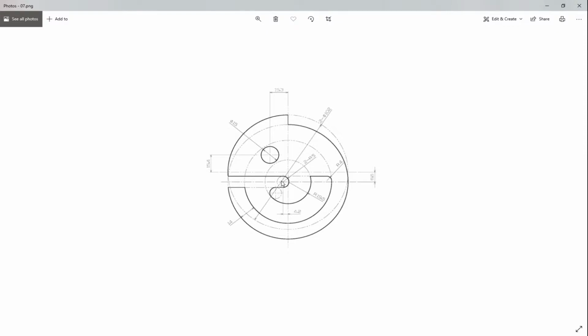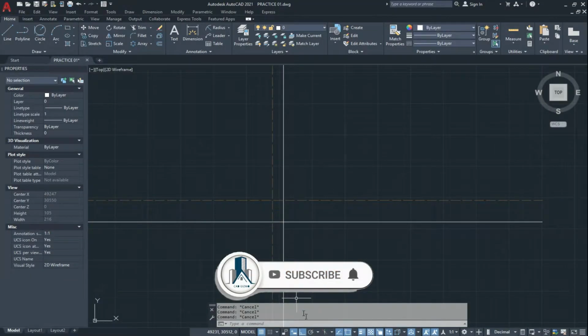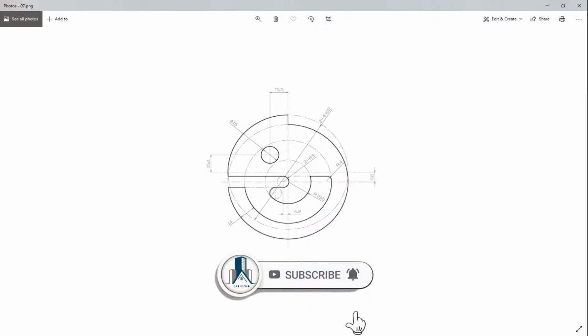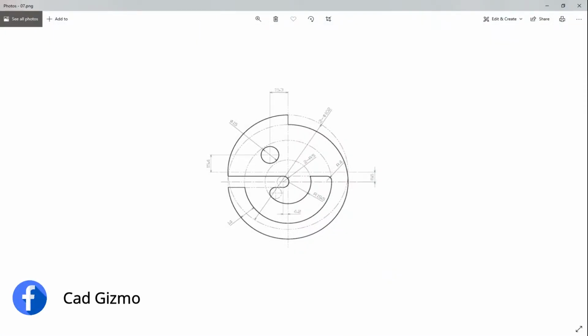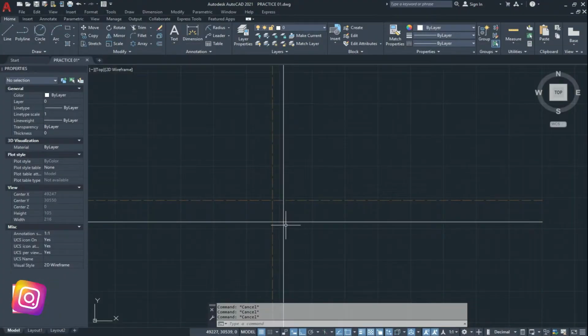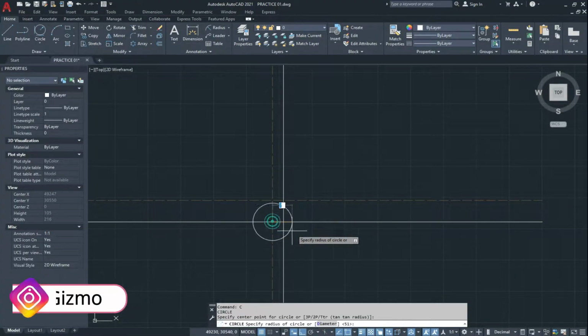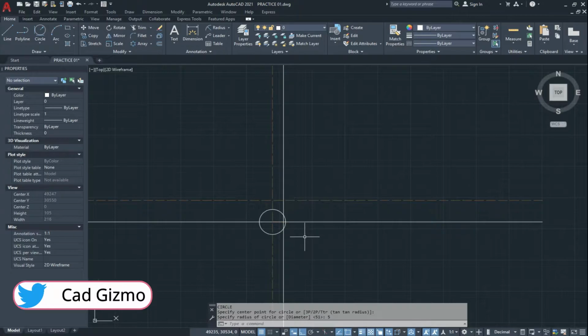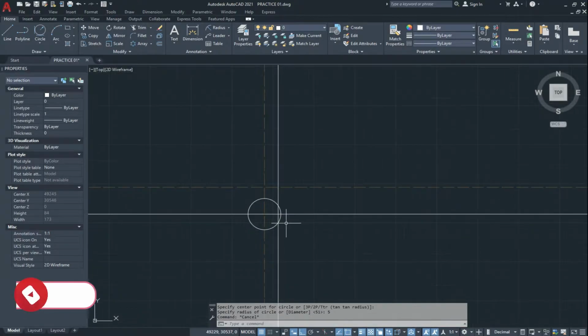Now we are going to make this circle which has the radius of 5 units. Enter, and 5, and enter. So this is our circle.